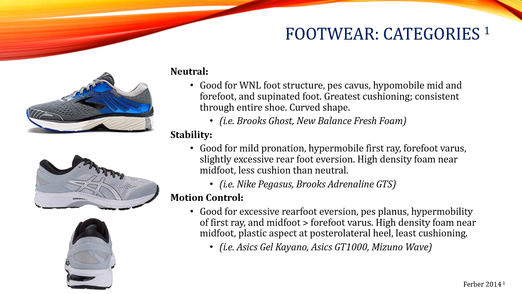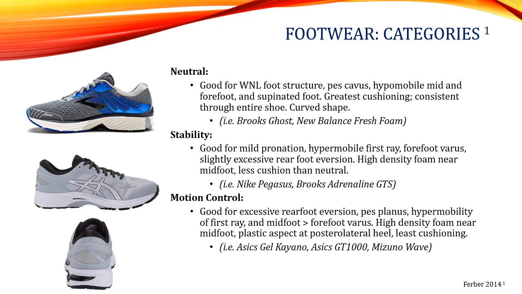The stability shoe, again, giving a little bit more cushion, is good for mild pronation, hypermobility of the first ray, forefoot varus, slightly excessive rear foot eversion, and it's also got, as I mentioned in the previous slide, high density foam near the midfoot and less cushion than the neutral shoes. Examples of the brands and the versions of these that are on the market include the Nike Pegasus,